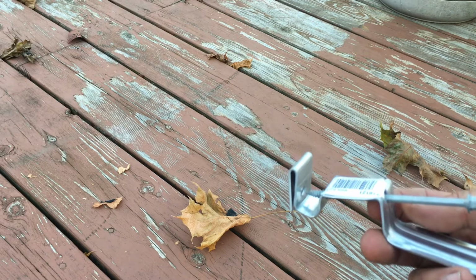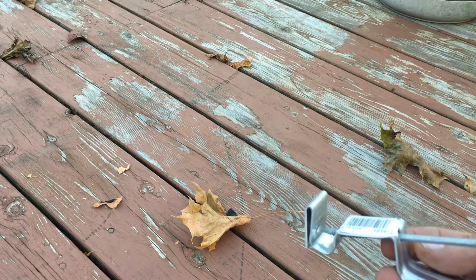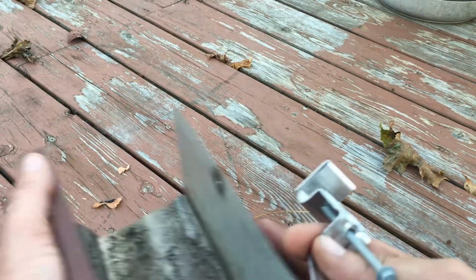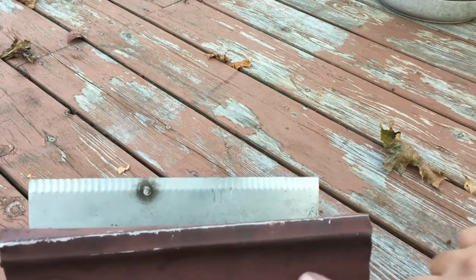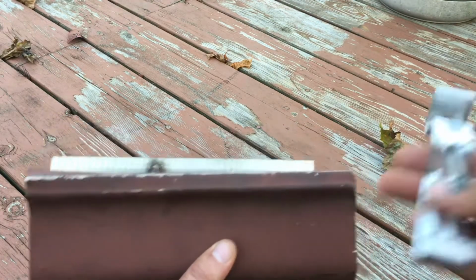And what I've done is I also cut out a piece of eaves trough similar to what I have in my house, just to show you how this thing works. So there it is. This will be the side that goes against the house, and this is the side that you guys would see. There's a bracket,